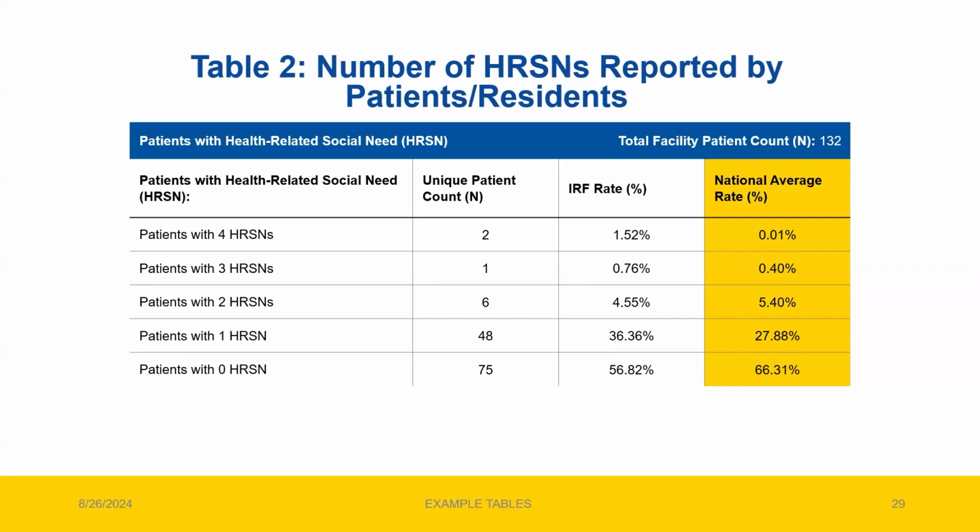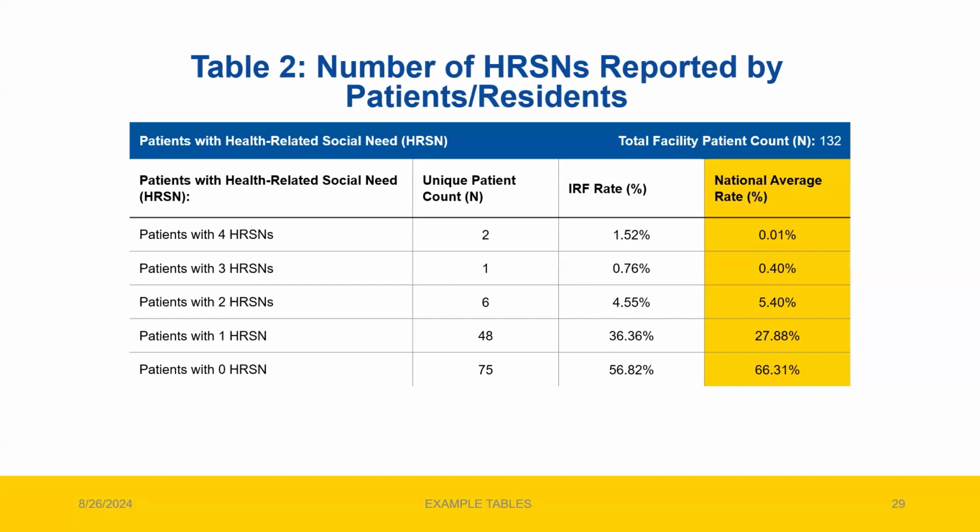Looking at the top row in this column, we see that the national average rate is 0.01% of IRF patients that screen positive for all 4 HRSNs, followed by 0.40% that screen positive for 3 HRSNs, 5.40% that screen positive for 2 HRSNs, 27.88% that screen positive for 1 HRSN, and in the last row, we see that nationally, in this 12-month performance period, the share of IRF patients with 0 HRSNs is highest at